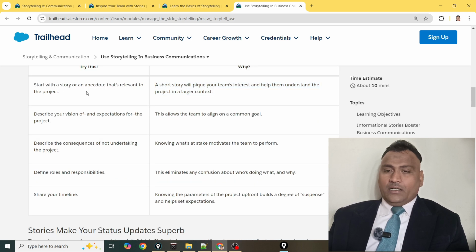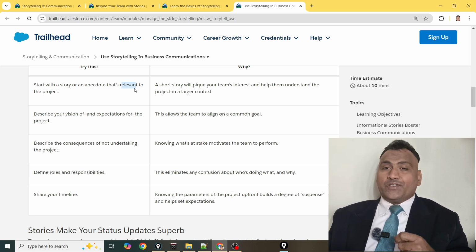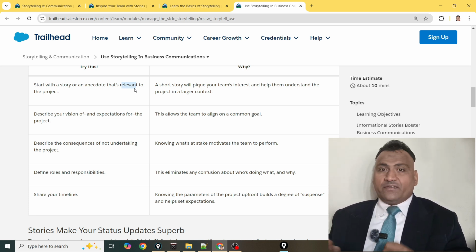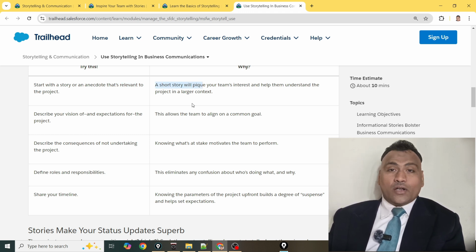Start with a story or an anecdote that's relevant to the project. Relatable, that's important, right? Even if it is a completely irrelevant story that you have started, you should have the skill to give a connection from there to the current project meeting. That is important. So a short story.